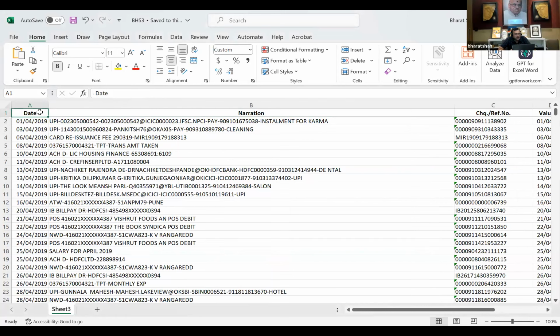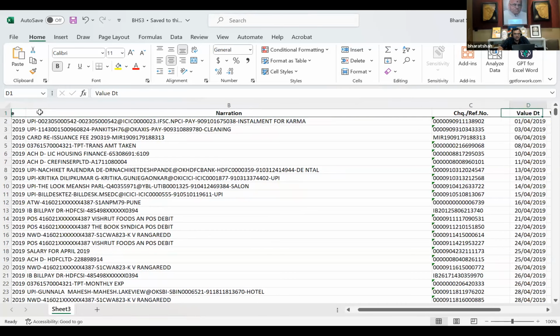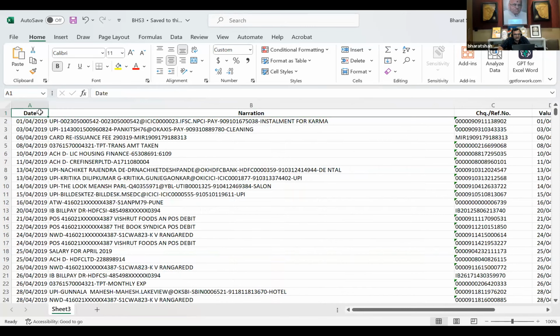All of us have most of our transactions through banks only, right? So if we analyze the bank statement of an individual, we'll be able to understand how much he's saving and how much in expenses he is incurring. So this can again be an app created which can help everybody understand, over a 5 to 10 year span, what their trend of expenses is and what their income part is.